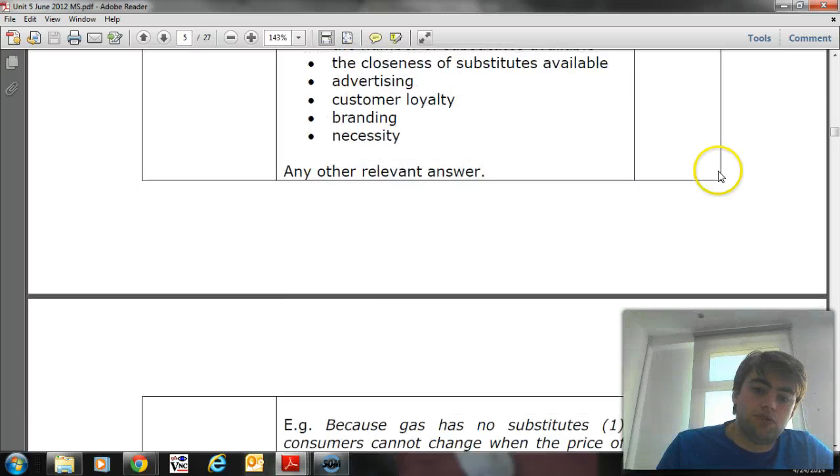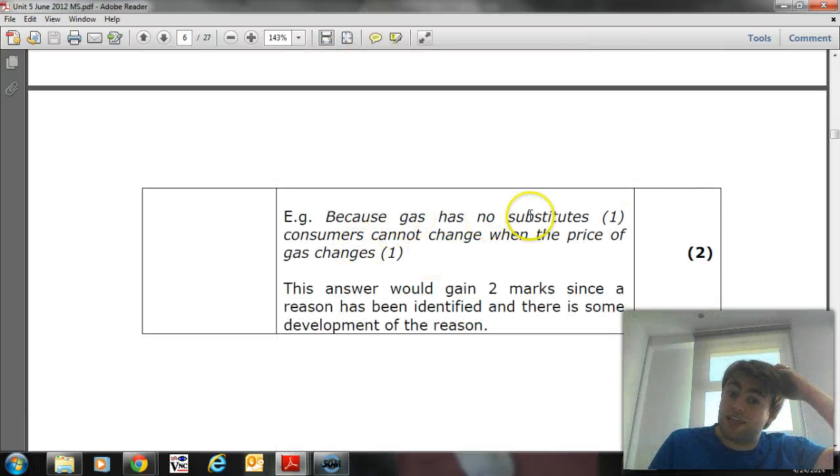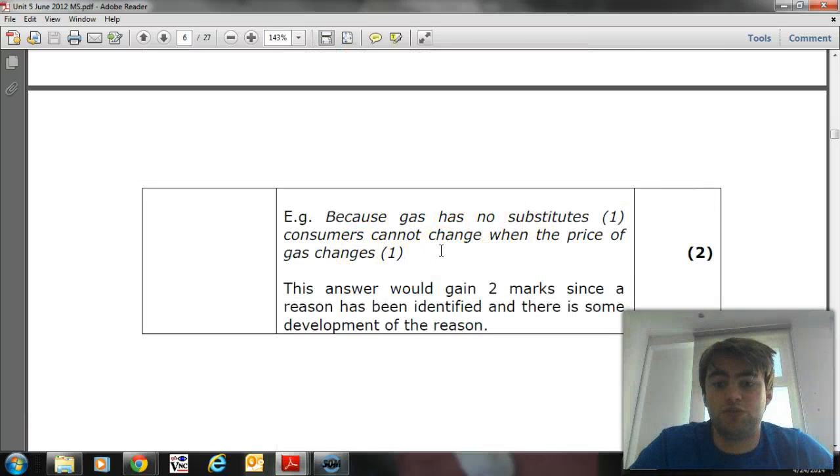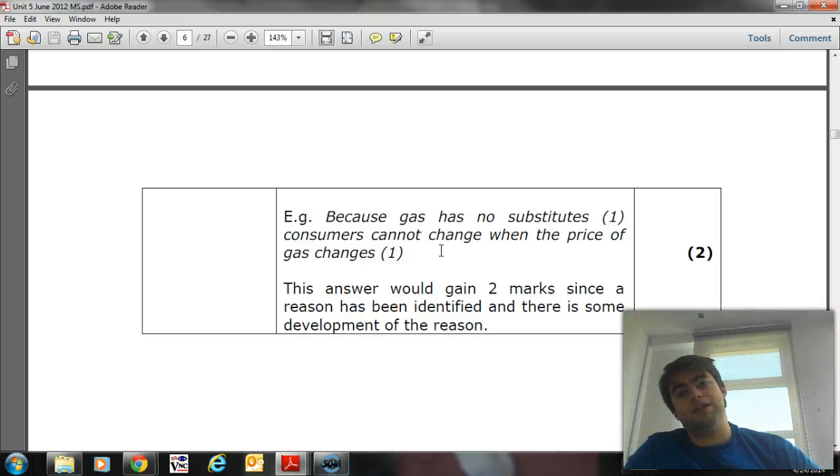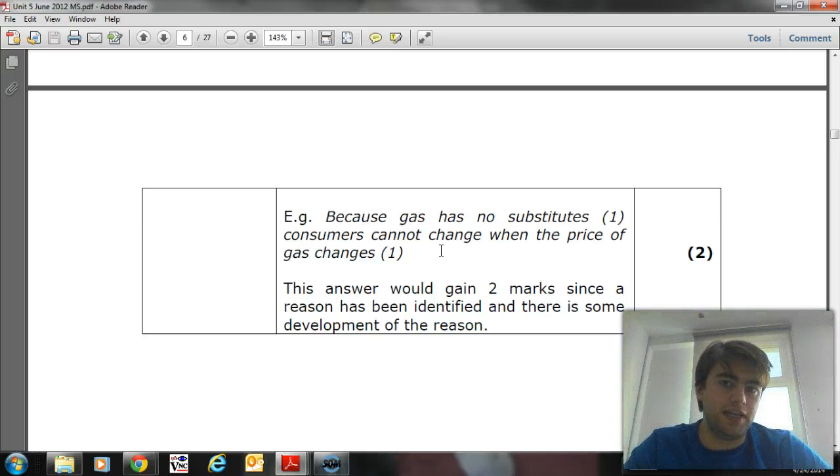Okay. So the example they give, because gas has no substitute, consumers cannot change when the price of gas changes. All right. If you were asked to evaluate it, you could have talked about how they could have switched to an alternative provider, but then most of the gas prices go up at the same time. So that's the big thing. The fact is, there's not much competition in the gas industry within the UK, which is another problem of monopoly power. You've got large